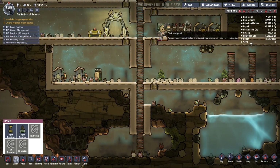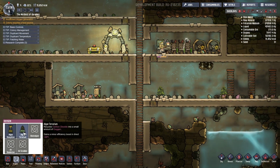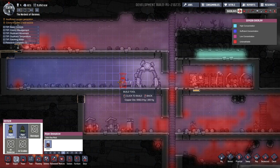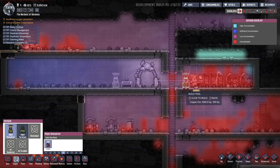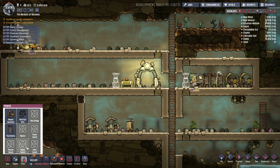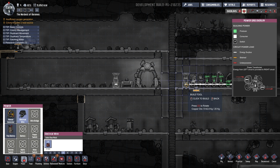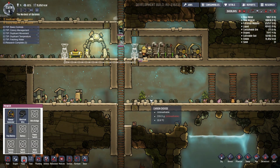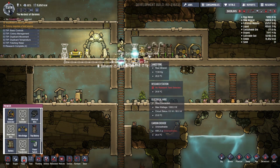We don't have enough algae right now to run a ton of algae terrariums. My other suggestion would be that we don't have any oxygen generation. And so at this point, we are 100% going to have to put down one of these guys right here. I don't think we'll need more than two, so I'll put in a couple. That might be overkill right there. Like I said, the preservation of our algae is one of the things that is paramount to me right now, but our air pressure is a little messed up